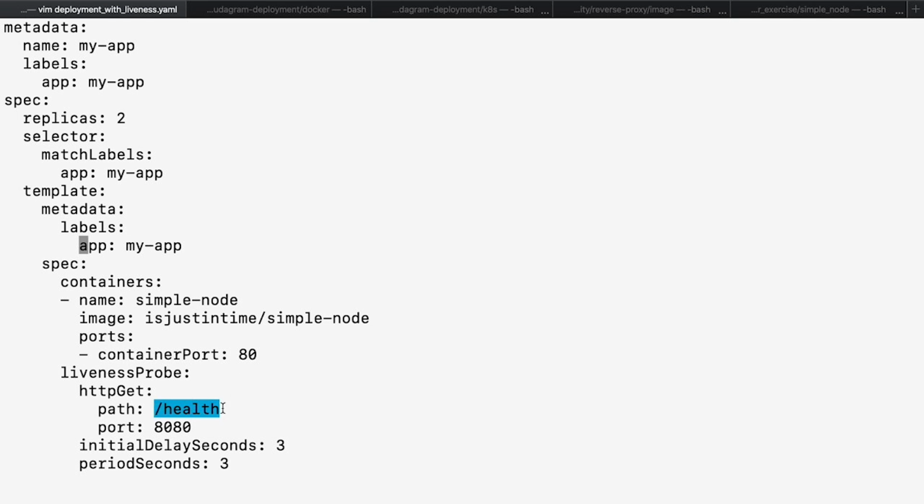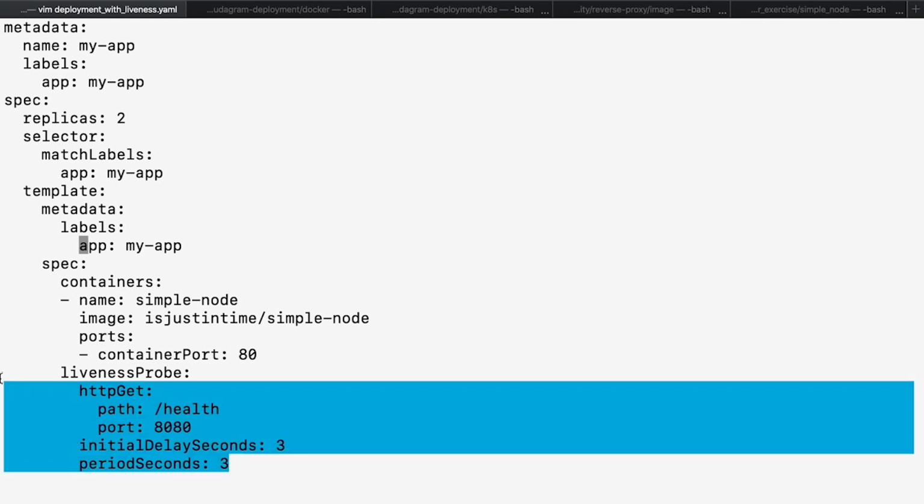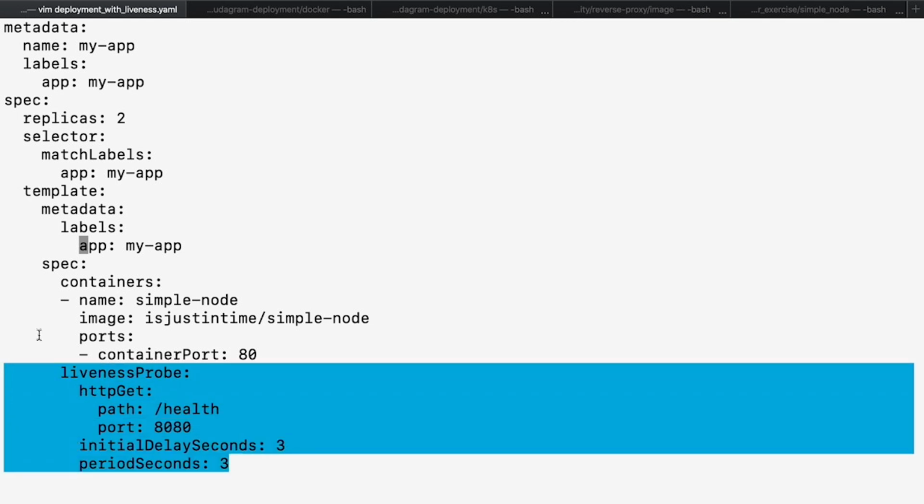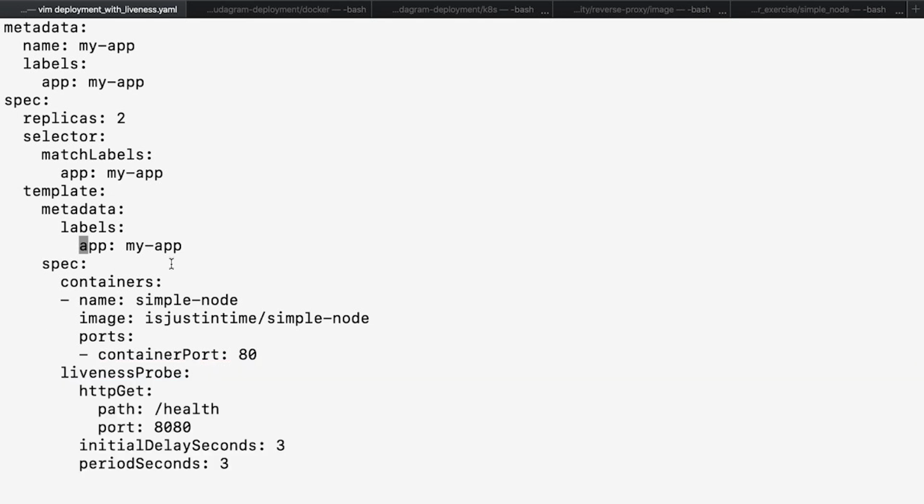consumer can reach to verify that my application is still healthy. And by using something like a liveness probe, I can configure Kubernetes so that it has a better understanding of what constitutes a healthy pod versus a pod that is having issues. Some other considerations you might have include setting the compute resources for what your pod would be running on, potentially limiting the amount of memory and CPU that you would be using.